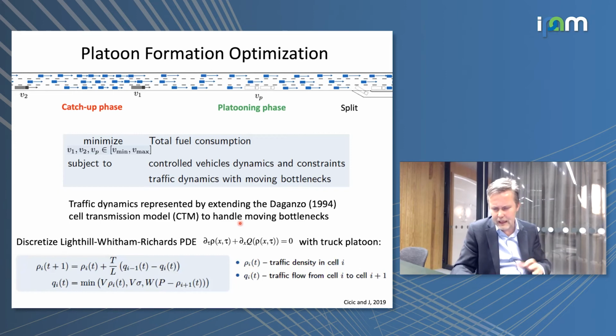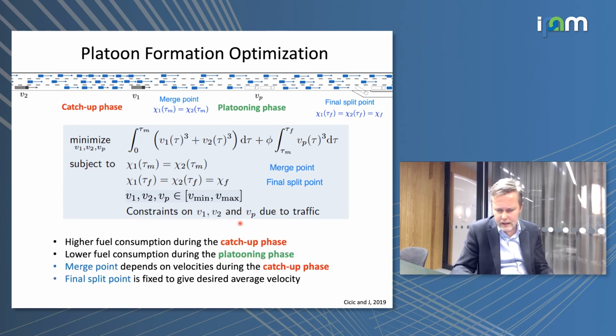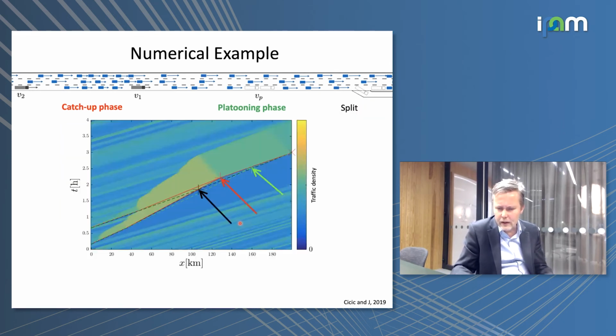So think about that this becomes now an integration of the dynamics of the ODE, if you want, of the individual vehicle here, but then integrated in the LWR model. So we try to solve this problem, so it becomes something like this, right? The upper part here seems fairly straightforward. We just write out basically what would be the fuel consumption under some simplification. But then the challenge is, of course, with the traffic model that we have. But we solve that, and I will just show you here some numerical